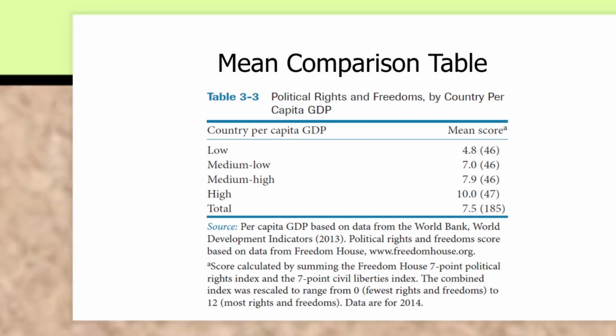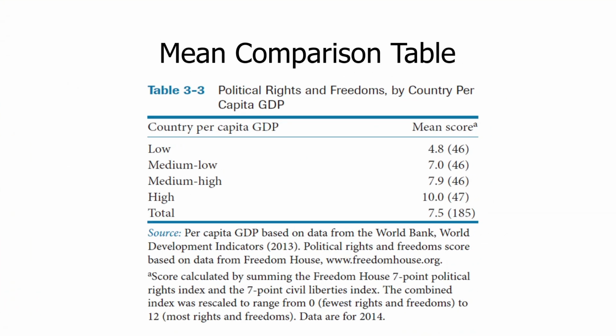Here's the test. Political rights and freedoms by country per capita GDP. In mean comparisons, the values of the independent define the rows. So you would see these are all the low GDP countries. There are 46 of them. By convention, in parentheses, we put the number of cases in each value of the independent. If you calculate the average on the scale that goes from 0 to 12, these countries average 4.8 on the